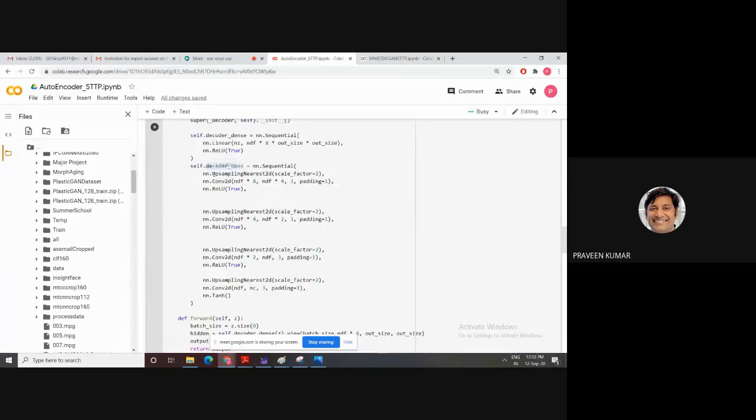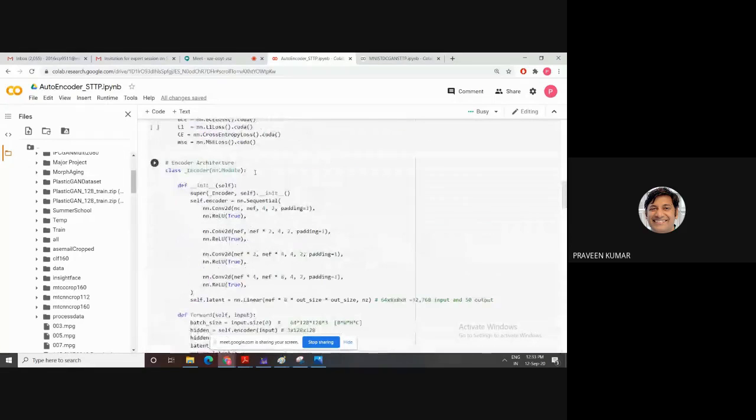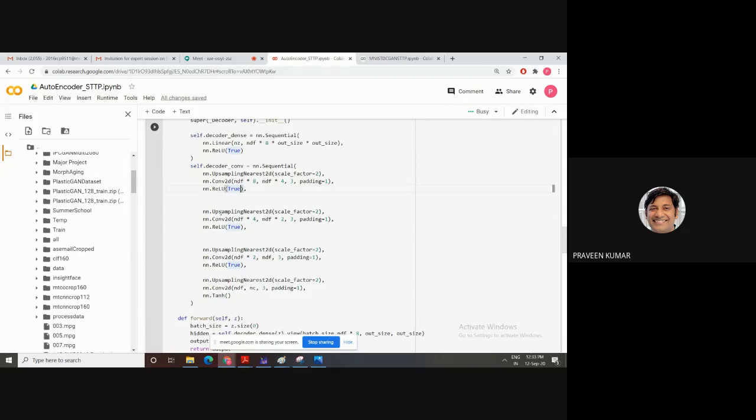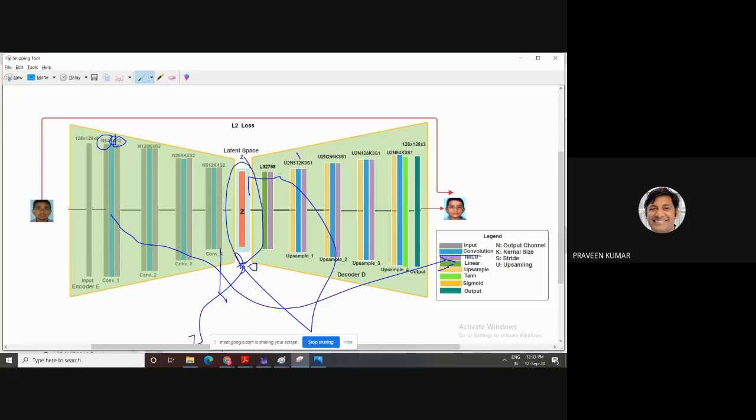Deconvolution in PyTorch we implement with the help of upsampling. Convolution is implemented with the convolution function; conv1d, conv2d, conv3d are available. Conv2d is for RGB images. For upsampling, different algorithms such as nearest are available. Upsampling scaling factor is 2. So this is the input feature map, then the output feature map, 3 is the filter size and padding, then again ReLU. Then go for the second upsampling. First this layer is covered, then go for this. Similarly the third, then the fourth, and this way it is generated.